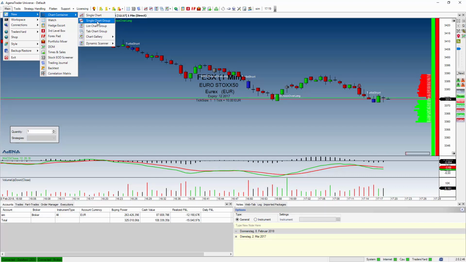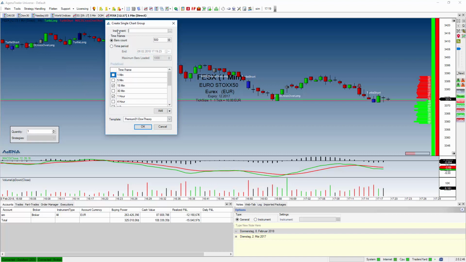And this is single chart. This is a single symbol chart. This is single symbol chart in more than one time frame. And this is a portfolio list of different symbols in several time frames. And this is also a list of different symbols in several time frames. So that's why it's called a group. And I can also open like the single chart,